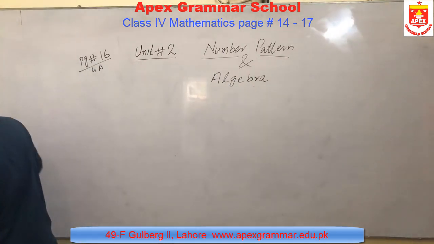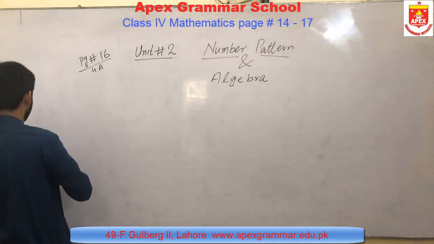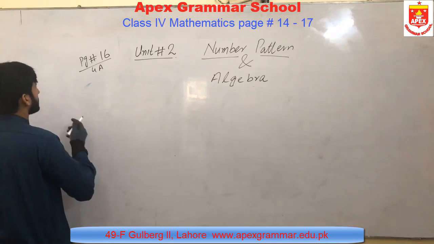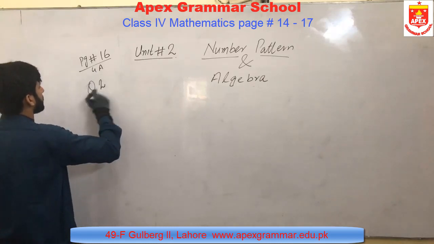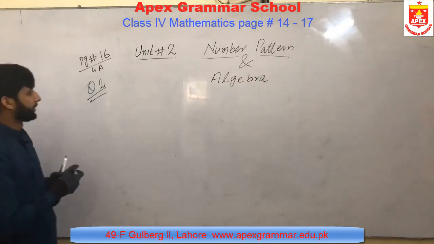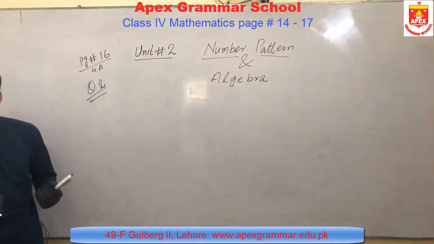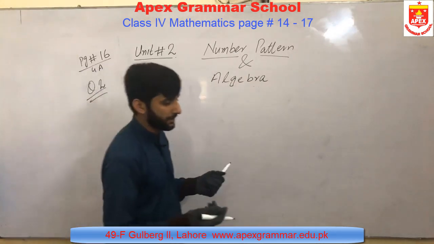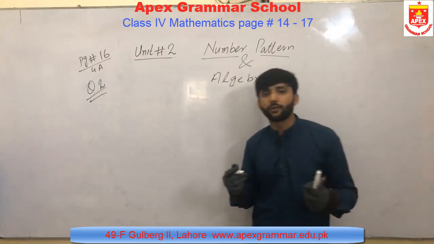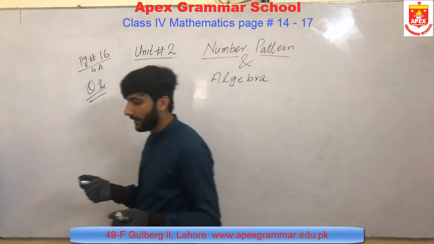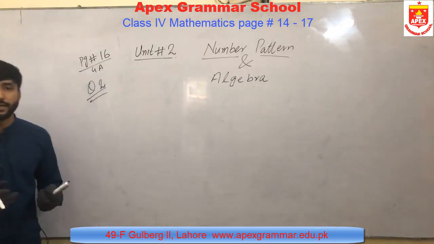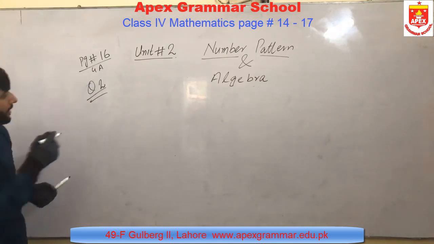Page 16, question number 2. Write each of these numbers as words. Now the numbers are given to you and we have to write down the statement for this given number. In the previous questions, the statement was given and we had to write the number, and in question number 2 there is the reverse process: the number is given and the statement is required. A part is